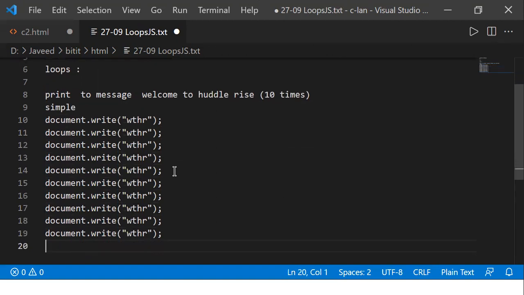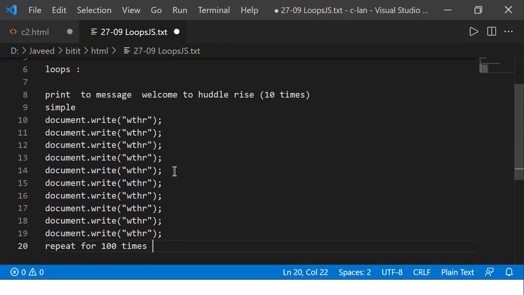But remember this method: if I want to repeat it 100 times, you can still manage it. But if you want to do the same thing repeatedly, this method of writing the command again and again is not suggested for us.